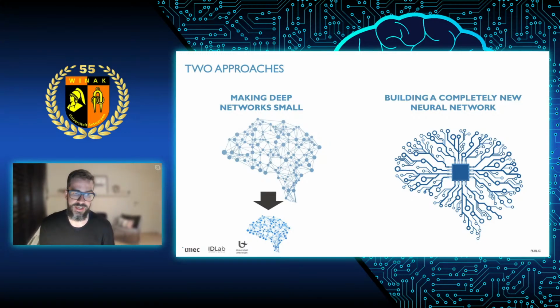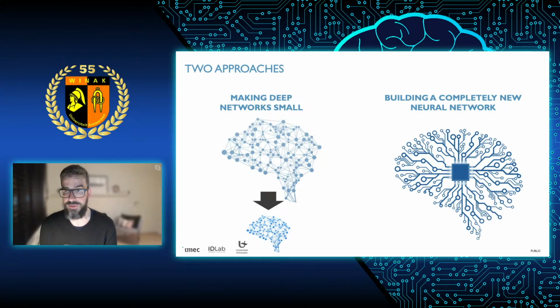One approach is making current deep neural networks smaller. So you have a certain machine learning system already. Can we, to some extent, make that machine learning system just smaller so that it still does what it needs to do, more or less, maybe a little bit less accurate, but that it at least has a much lower power consumption in terms of the number of operations that it needs to do and the memory footprint as well. So that's one direction that we're focusing on. The second direction that we're focusing on is can we build a completely new type of neural network, which is very strongly interacting with the hardware as well.